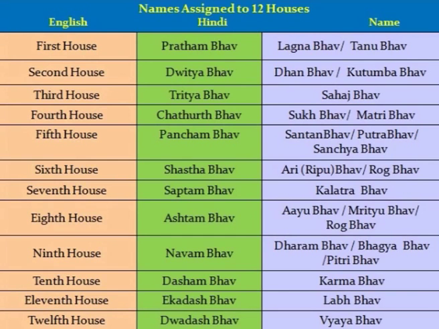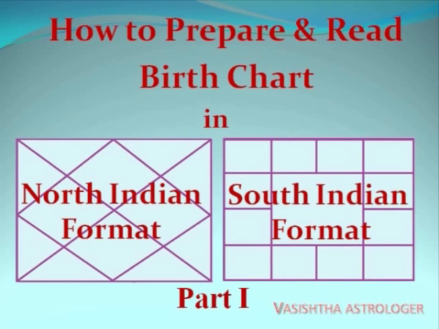You must have memorized the names assigned to 12 houses in Vedic Astrology. Sessions 20 and 21 have also explained in detail the logic behind assigning these specific names to 12 houses. As you are now familiar with the names assigned to different houses,